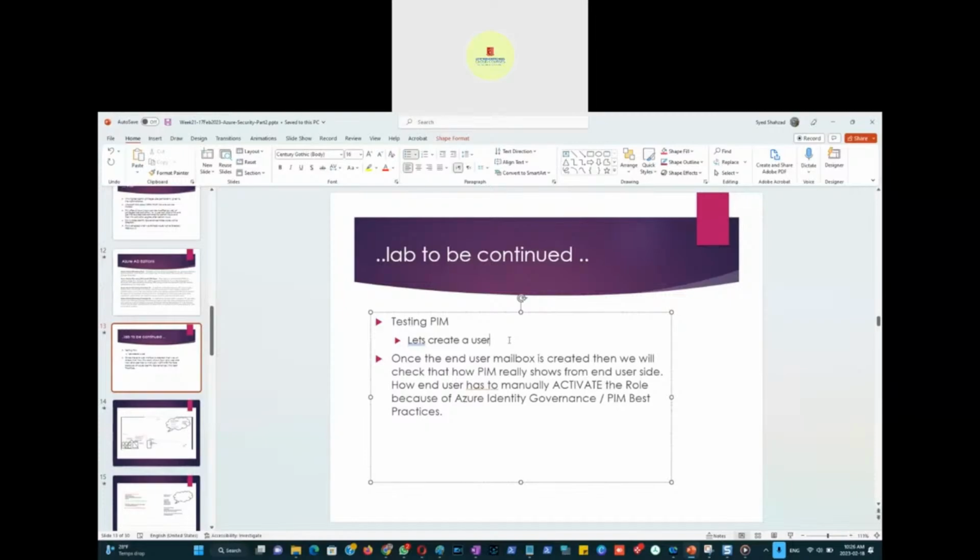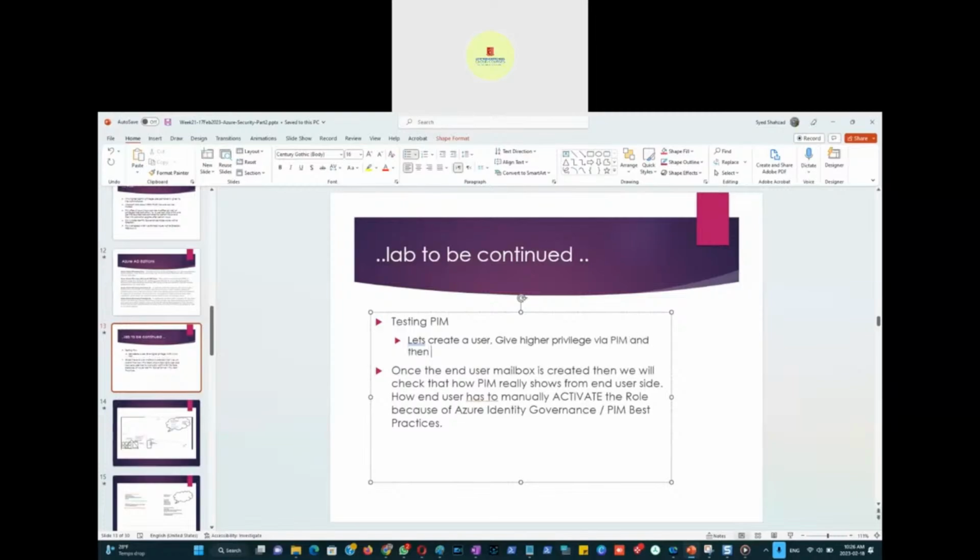Anyway, so let's create a user. That's what we did last time. We created a user, gave higher permission or higher privilege, and we did all that, and I'm just taking you through that because I need to show you the last part of it. Give higher privilege via PIM, privileged identity management, and then